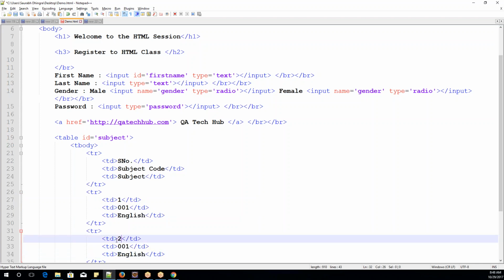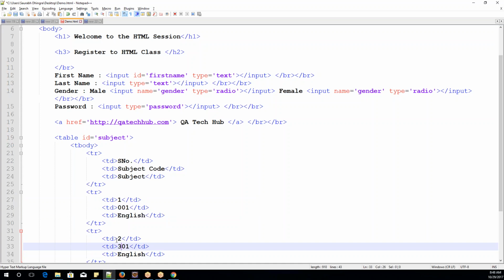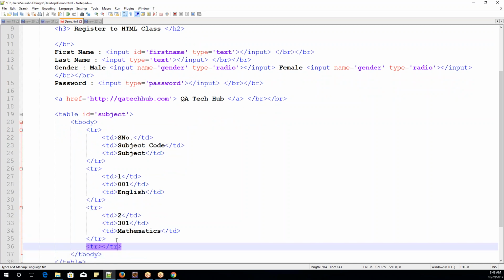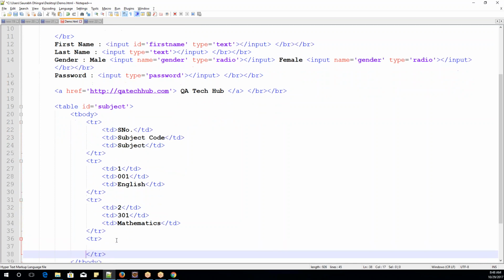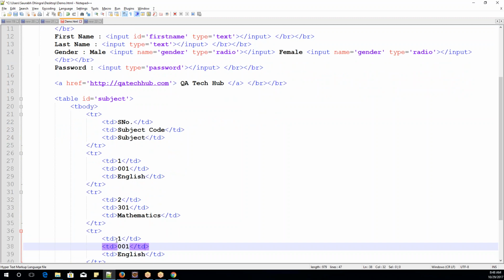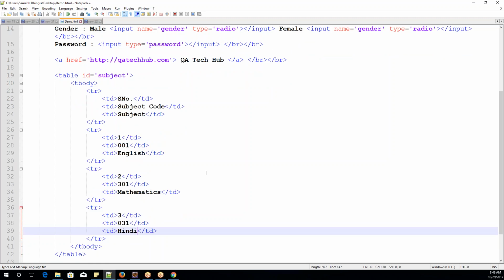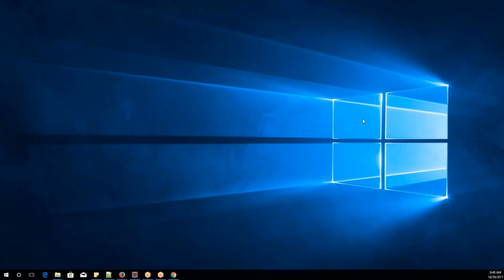Here, serial number is 2, subject code is, let's say, 302, and the name is mathematics. Okay, and then last, I'll put, let's say, 3, and here we have, what? Hindi. Some random subjects. So when I open the HTML code of this,